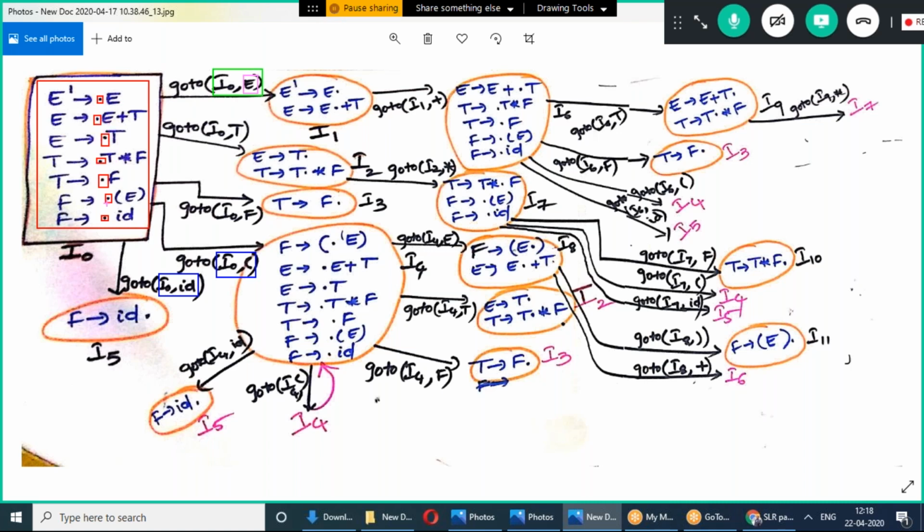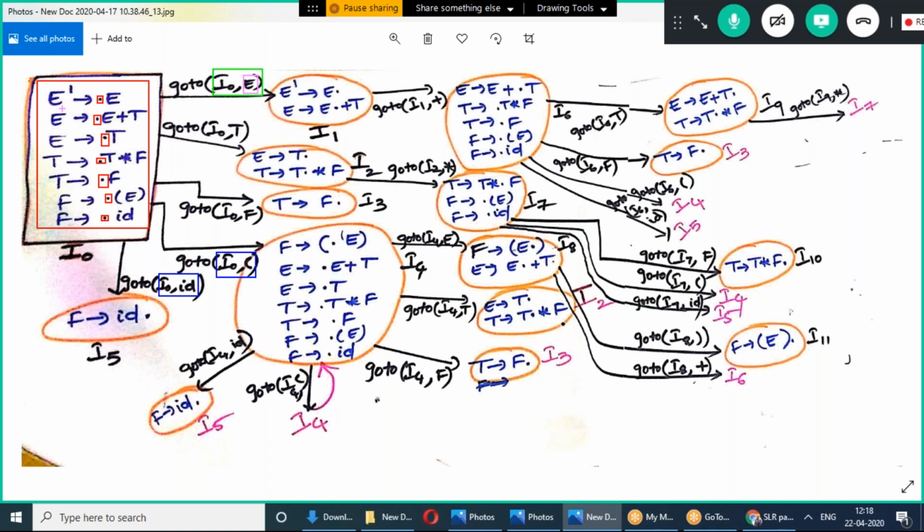Another production has an E, but this E is not after the dot. There is an open parenthesis after the dot, so we cannot consider this production. So these two are the productions we need to consider whenever we are performing the goto operation on I naught for E.